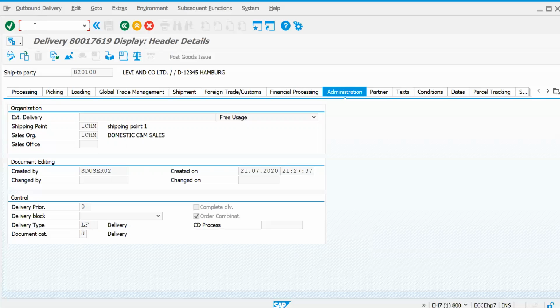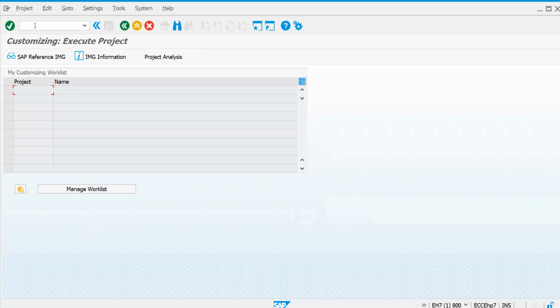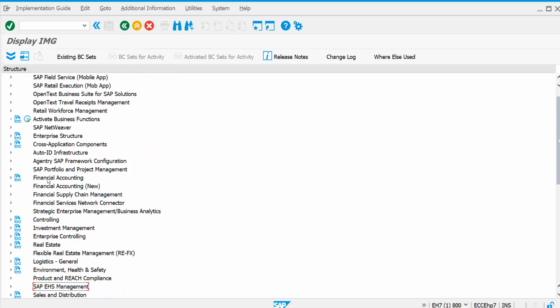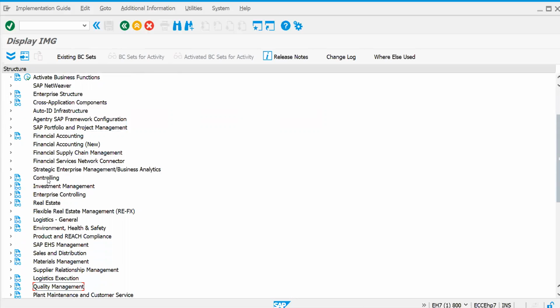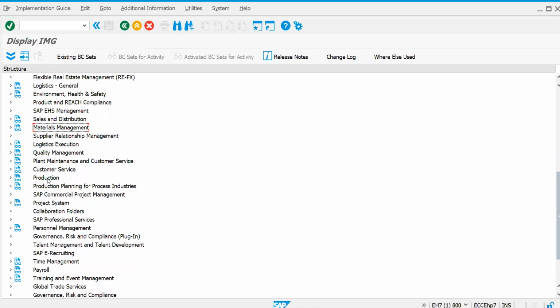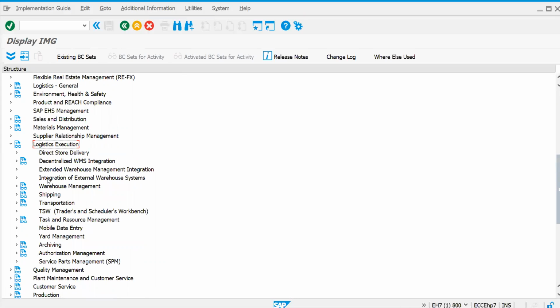Let's try to get into the path now, where we can define our own delivery document types, or else copy our delivery document types using standard. As of now, we have seen everything in the sales and distribution module and its configurations. Now we are newly getting into the module called logistics execution.